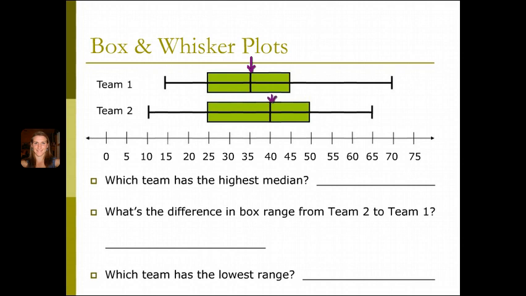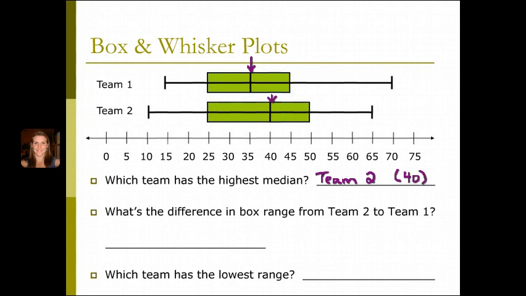Well, looking at those 2, which number is farther along on your number line? Well, Team 2 is. Because at Team 2, your median is 40, whereas in Team 1, your median was only